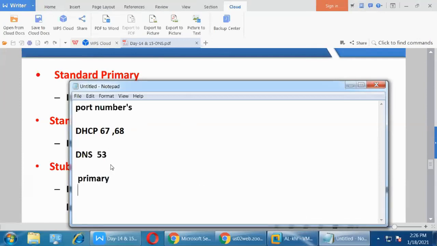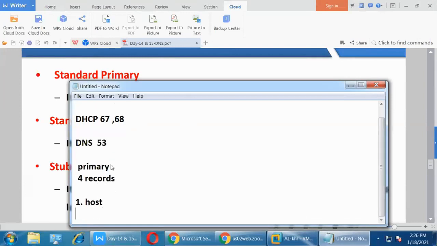Four records. One record is the host record. Second is the NS record.